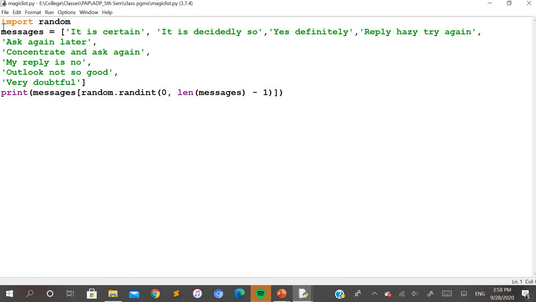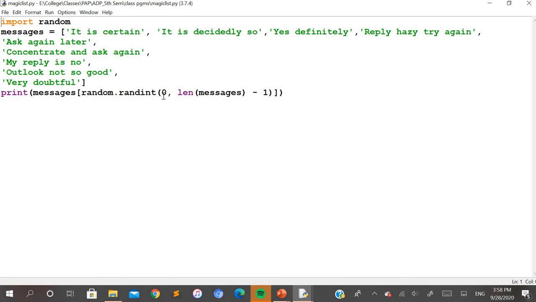For that, the random module has been imported, and then in this print you can see messages, the list variable, with square brackets to tell which message needs to be selected. You cannot display a static message always. You just want any one statement from this list to be selected randomly. So what you can do is random.randint to give the index value.